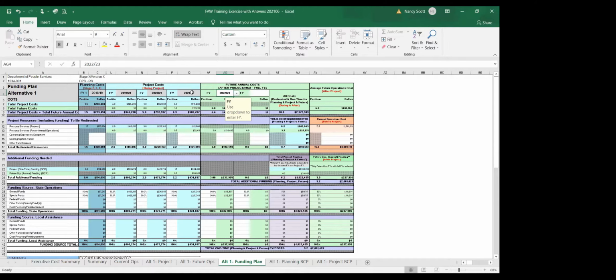One thing that I'd like you to notice is that the 2021-22 fiscal year has an overlap of project and future ops, because remember we had 10 months of project and 2 months of future ops. So together they equal that one full year, so that when you're getting ready to do your BCP, it's going to align in one fiscal year. So for 2021, I would need this portion for project and this portion for continuing or ongoing, but they would both fall under the 2021-22 fiscal year.